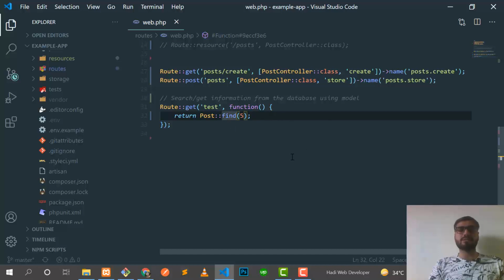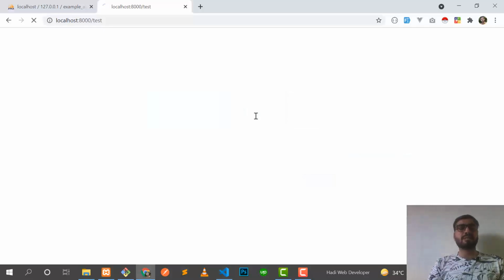There is also a helper function with this find. We type find, and then add the or operator, and then type fail, so find or fail. First it finds, and if it does not find, it fails. It means that it catches the error. So give it a refresh, and yes, now it says 404 not found.